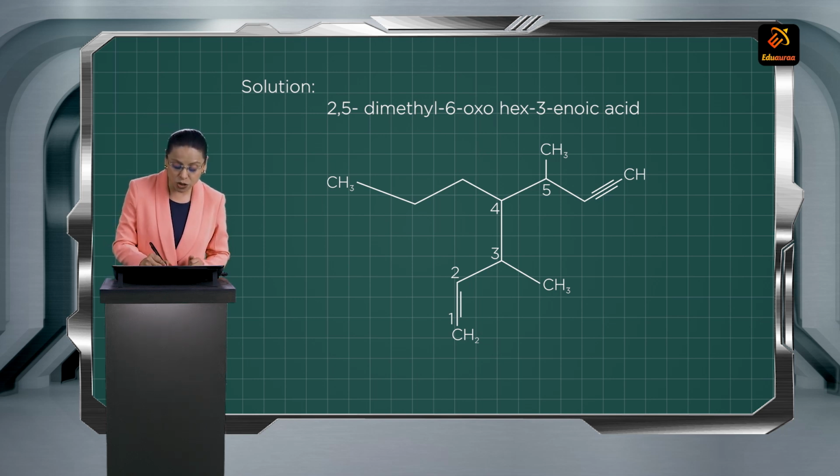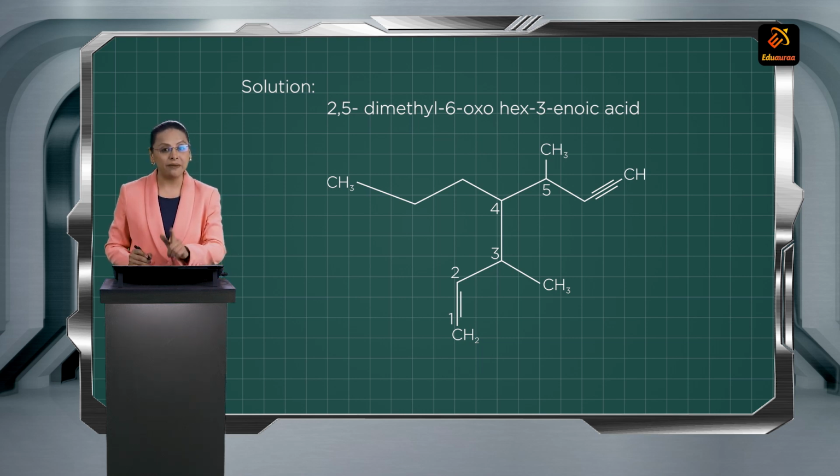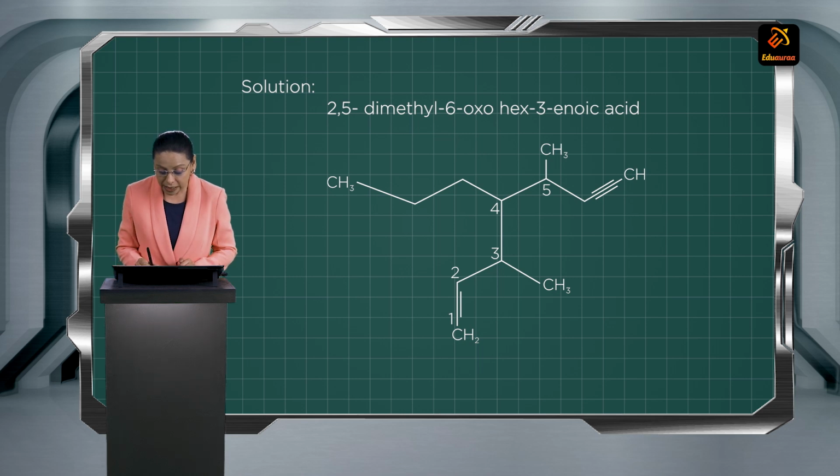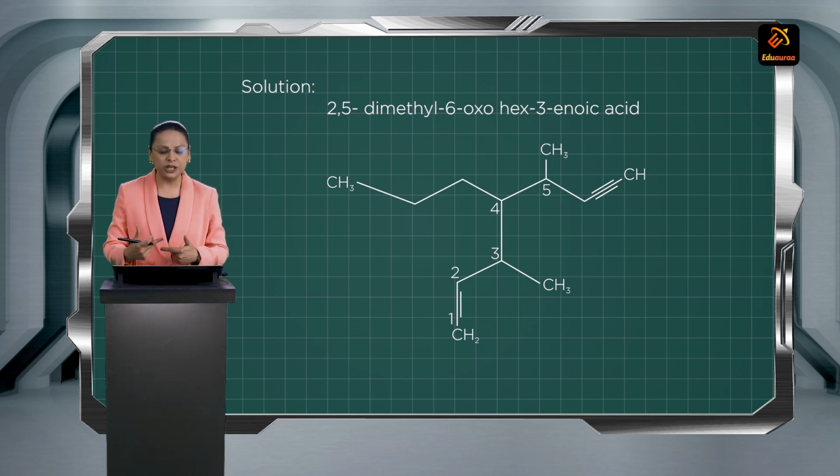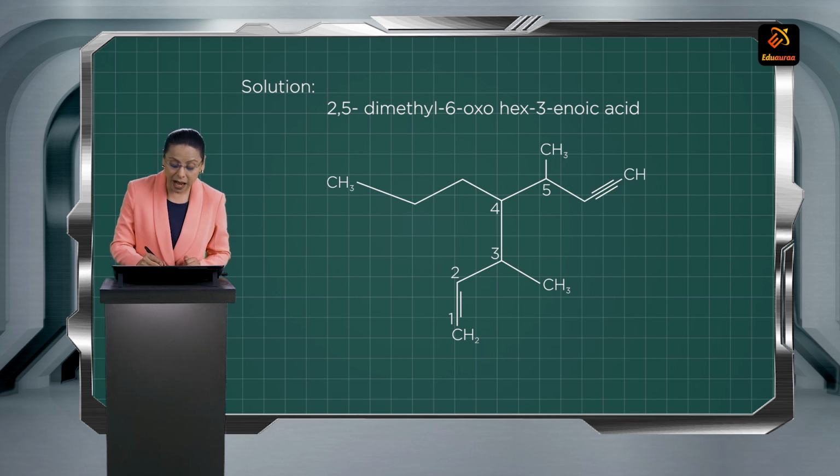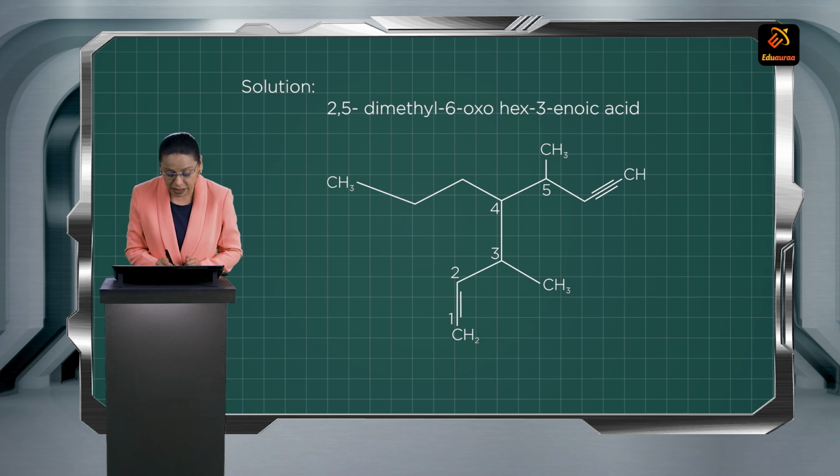So 1, 2, 3, 4, 5, and 6, and here 7. So 7 carbon chain. That means one thing is sure, that it is hep. At the first carbon, I am having ene. So 1 ene. Am I having any substituents here? Yes. At the third carbon and at the fifth carbon, I am having methyl group. So it will be 3, 5